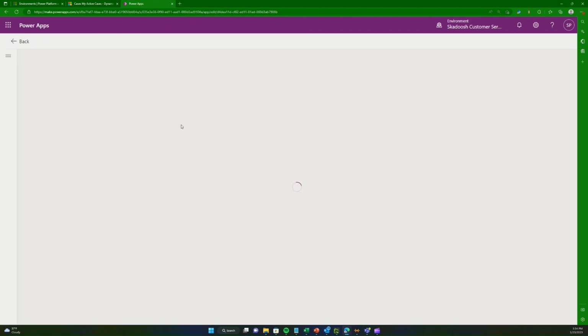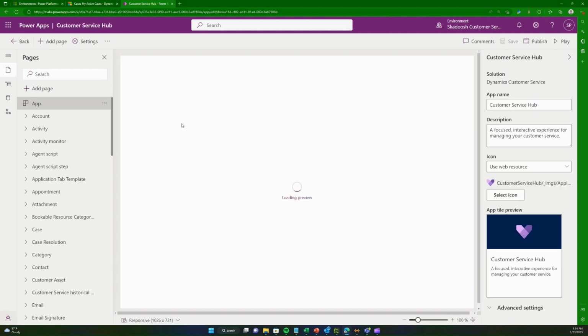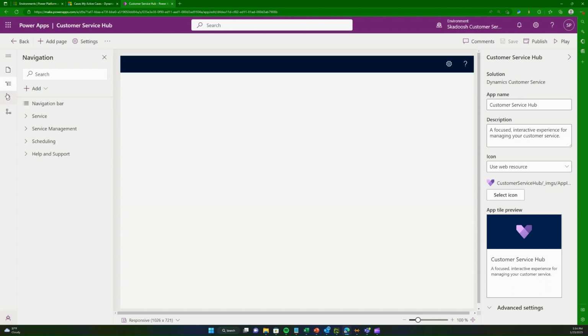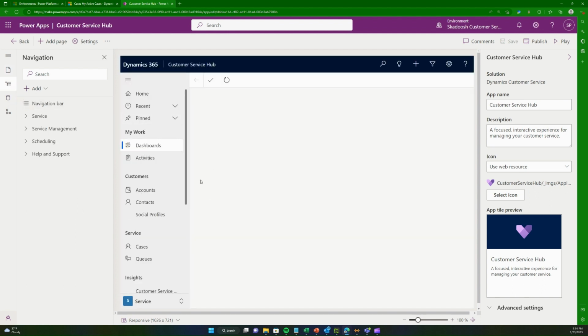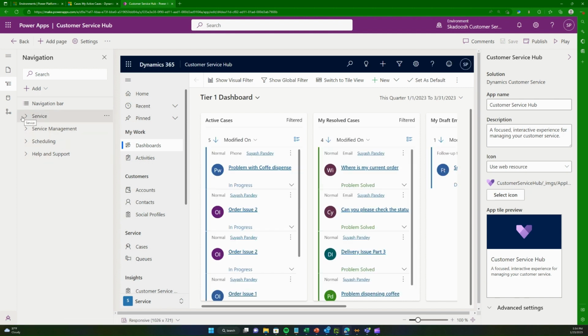So I've added the app, and now I can begin to edit it. So I click here, app, and when I click on this, it loads me the default app here, and in the navigation you can see there are four areas within the area service, and we want to add it below cases. So service is this one, and here I have service,